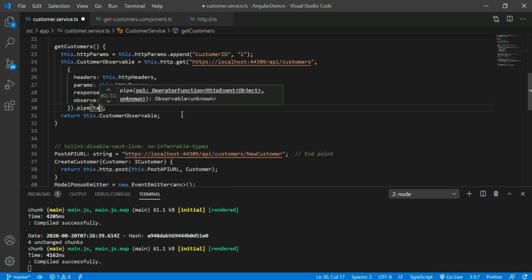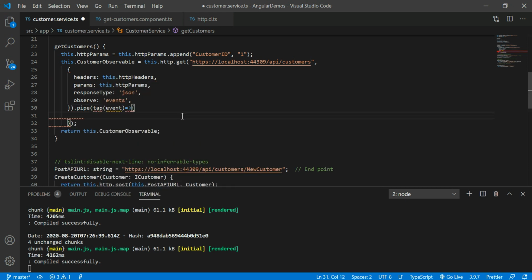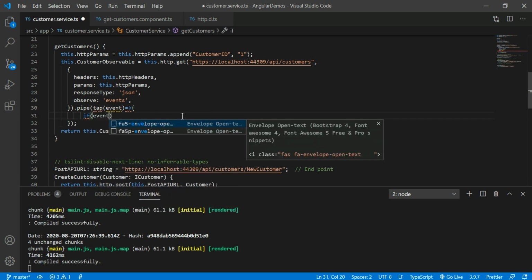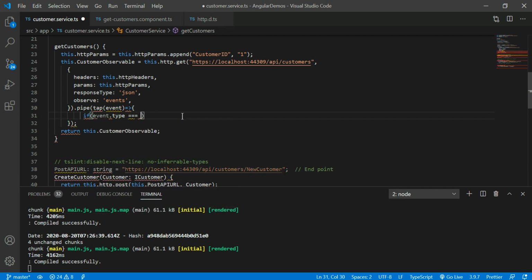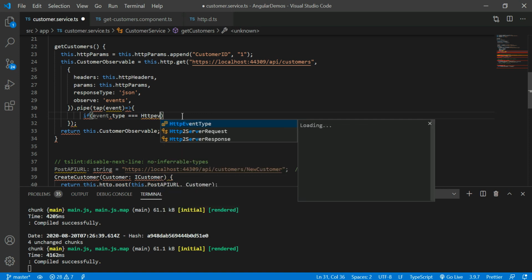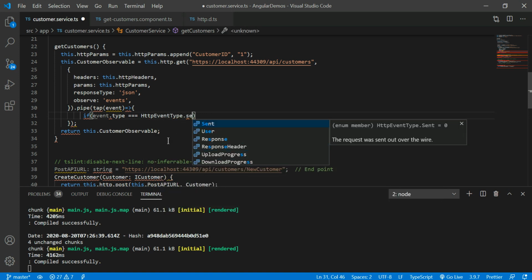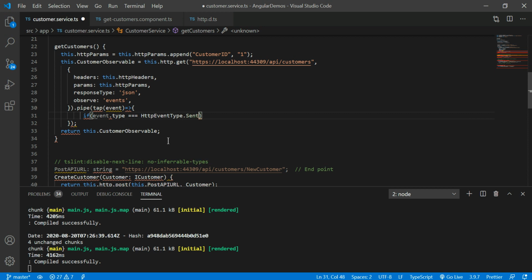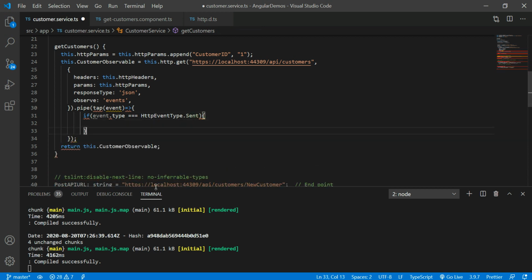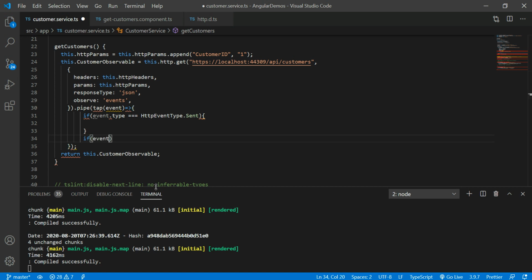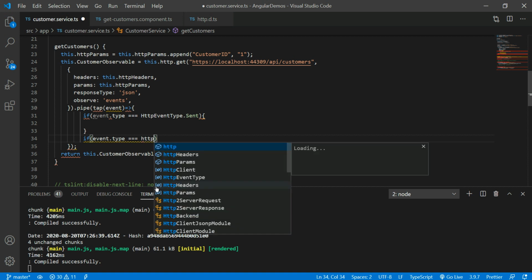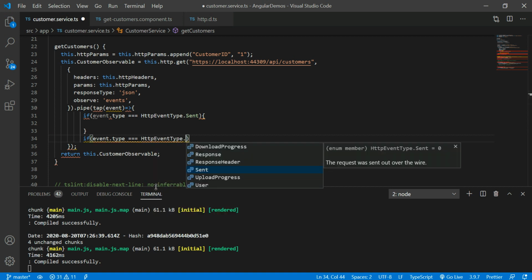If event type is equal to HttpEvent.Sent, so whenever the HTTP event is sent, and if the HTTP event type is response.